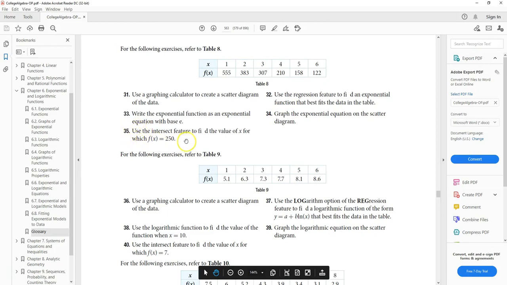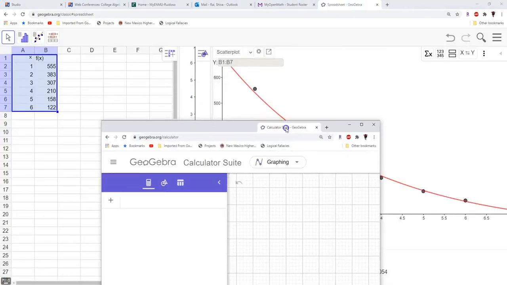Whenever this kind of question is asked, just like in question number 35, use the intersect feature to find the value of x for which f of x equals 250. Then you need to draw the figure in GeoGebra. So let's do that and figure out what would be the corresponding x value for the functional value f of x equals 250. For that, I will just pull this off. Let me do that,